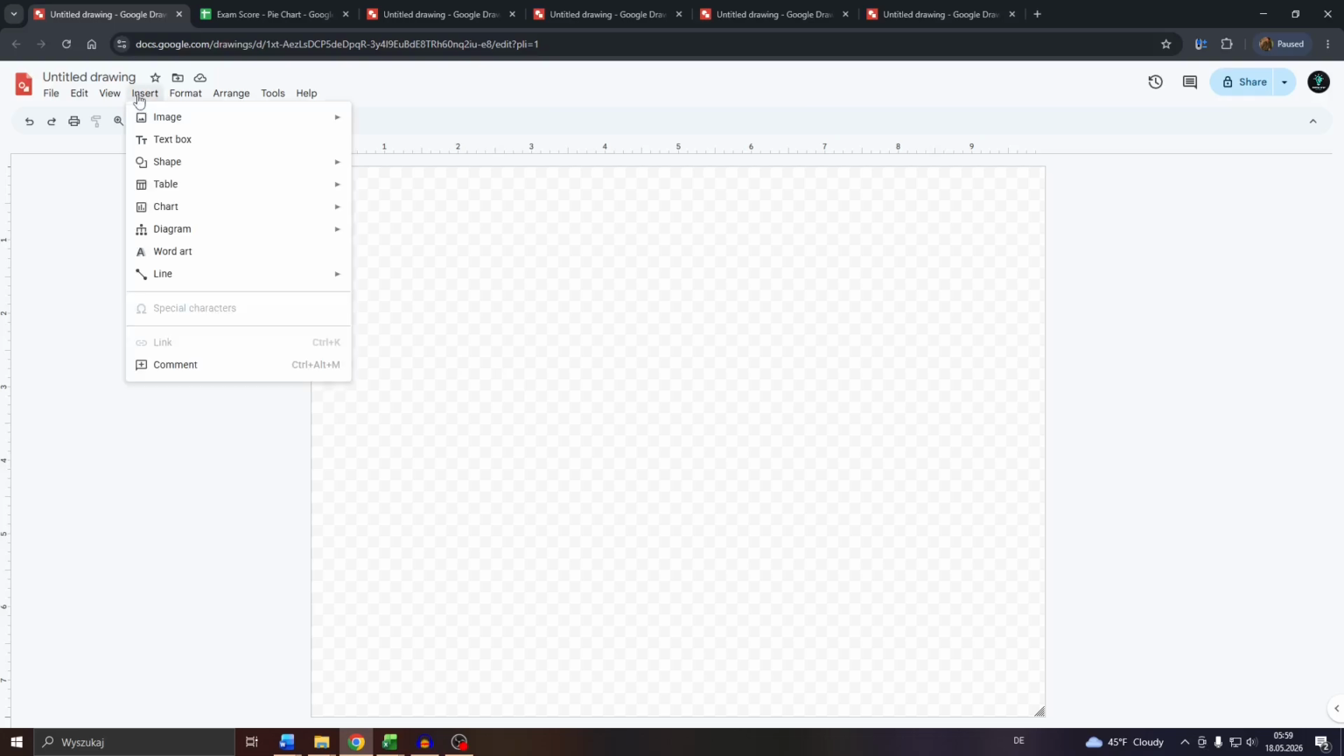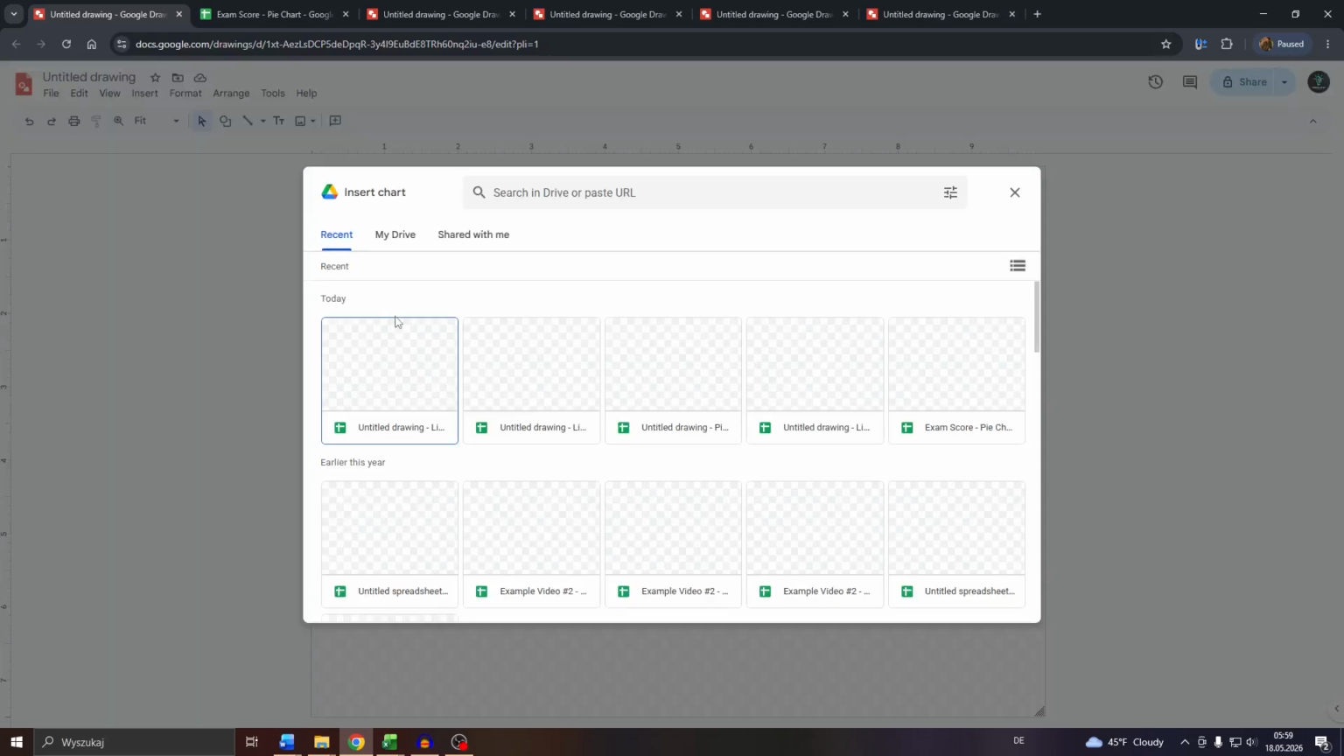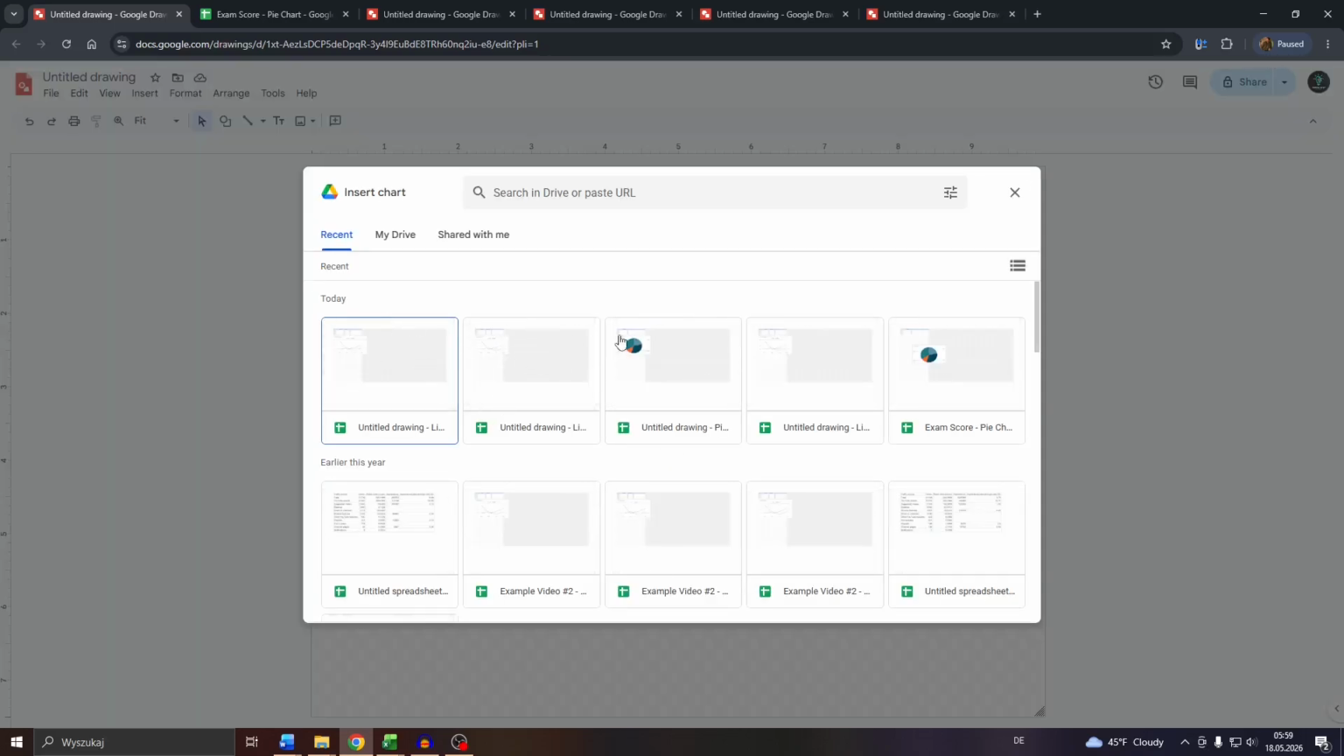What you will need to do is click into Insert, navigate to Chart, and then use one of these: bar, column, line, or pie, or click into From Sheets. Next, go through your list of charts from your Google Drive library. You may also look for a specific file or chart. I will go with this one, click into Insert,